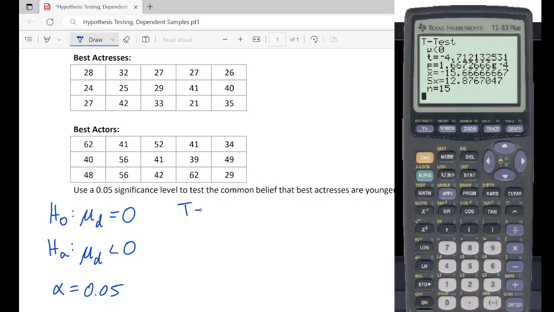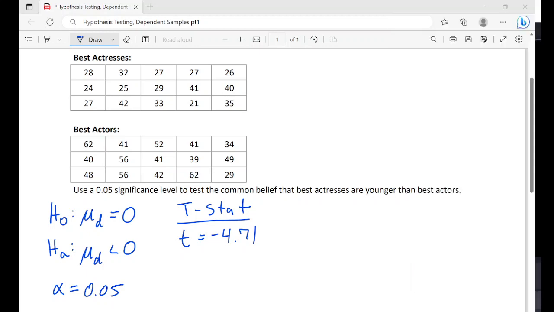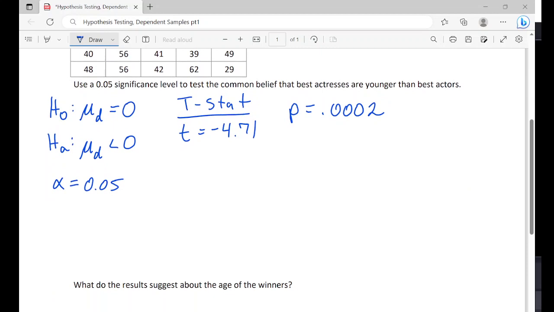So the t-stat, t equals -4.71. And then we are going to do our p-value. So let me just get rid of the calculator for a second. And so p equals 0.0002. And now I'm going to use the p-value method to test the claim, see if we reject or fail to reject. So p compared to alpha. 0.0002 is less than 0.05. So since the p is low,